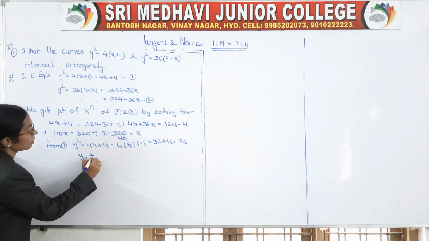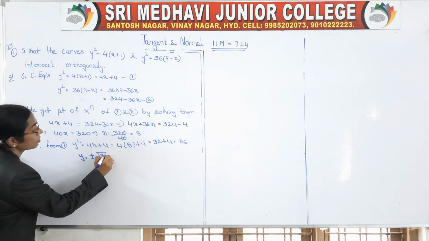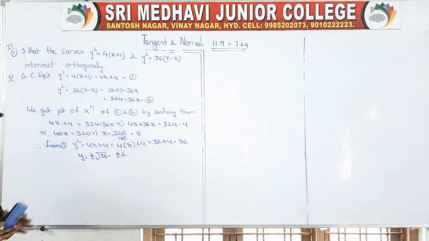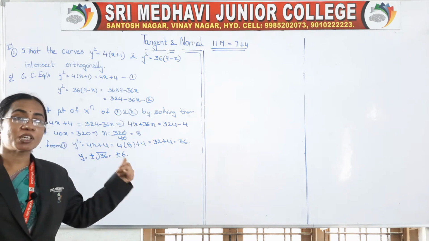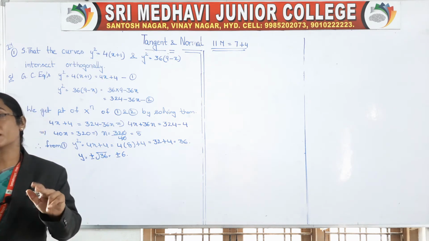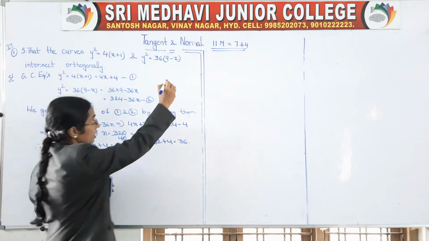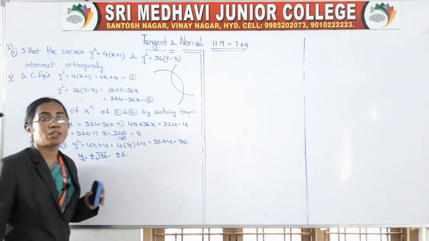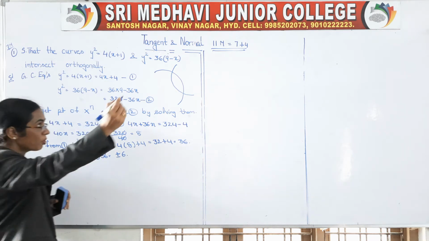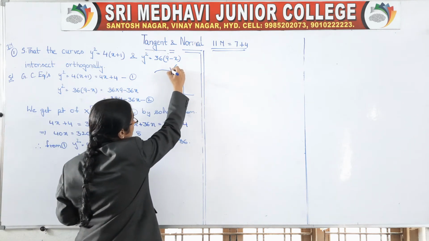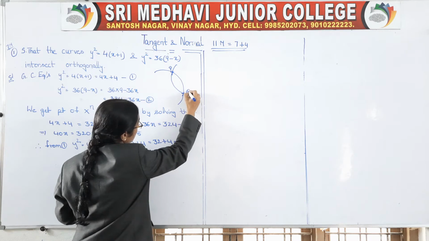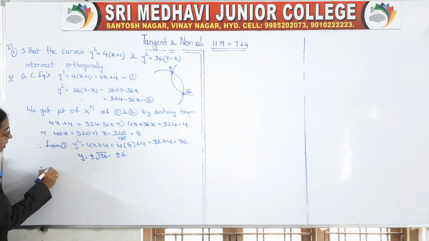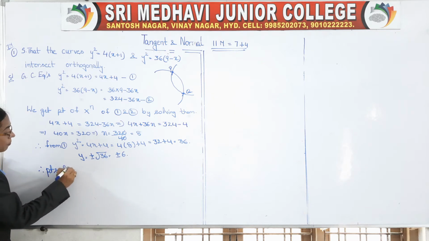So y is equal to plus or minus root 36, that is plus or minus 6. So x has one value, but for y we got two values, which means there are 2 points of intersection between these two curves. Okay, so 2 points of intersection, this is point P and this is point Q. So, therefore, points of intersection